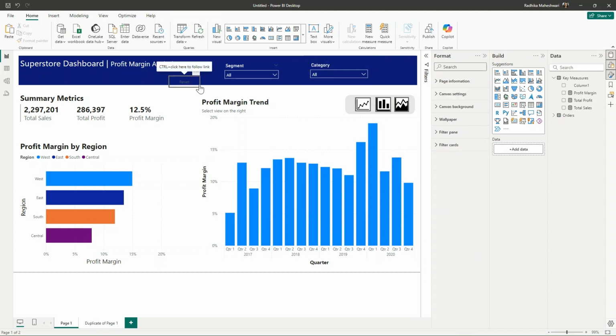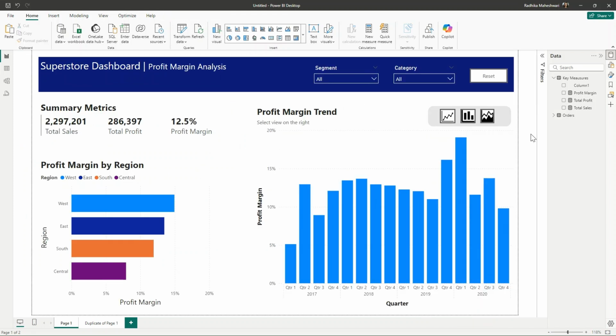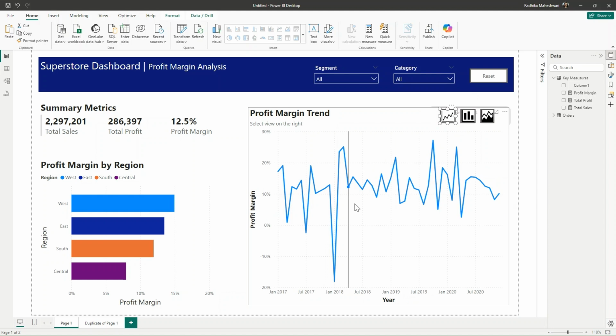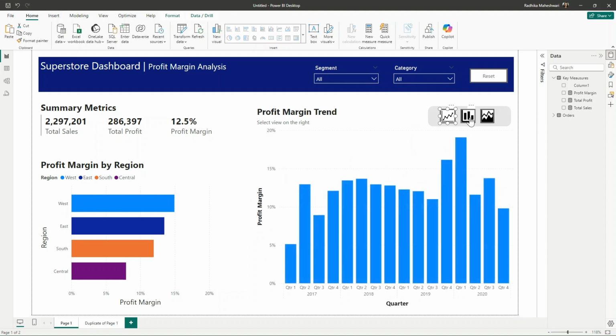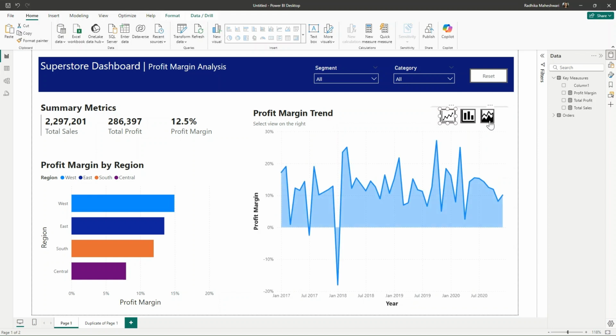And now we can place our reset button at the very end, giving this a background color of white color so that it becomes visible. You can play around with formatting as you like. And to show you functionality, when I press Control on my keyboard and click on the line chart, my line chart becomes visible. Similarly, when I press Control on my keyboard and click on bar chart, my bar chart becomes visible. And when I press Control on my keyboard and press on the area chart, my area chart becomes visible.